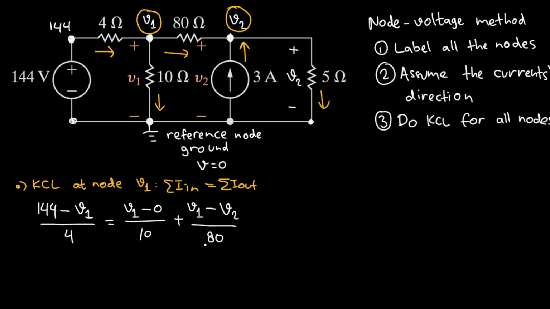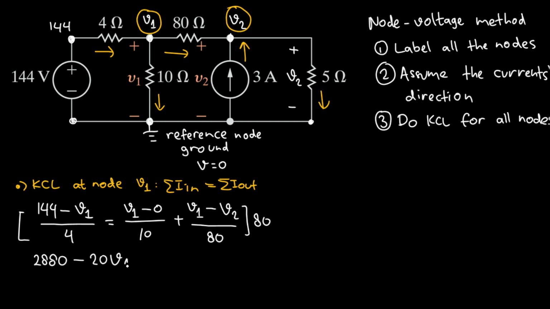Good. And I think we can multiply both sides by 80 to get rid of all the denominators here. So here we will have 4, and 80 will cancel into 20. But then 20 multiplied by 144, that will be 2,880, and then minus 20